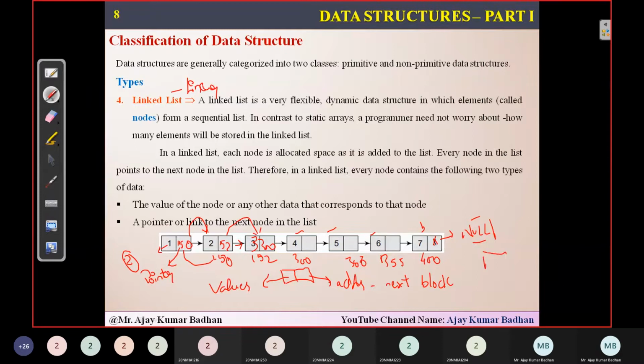In case a new element comes up, let us suppose 8. 8 is the value I need to add, and then the system will be allocating some space. Let us suppose 1000 is the address space that is allocated. This is the block allocated, and the address of this block is 1000. So immediately what will happen here? This null will be replaced with 1000, and that will be linked with this particular block, the address block 1000, and here you will be adding 8, and now this will become a null. That is the best part of this. So you can keep on adding as many elements as you want.